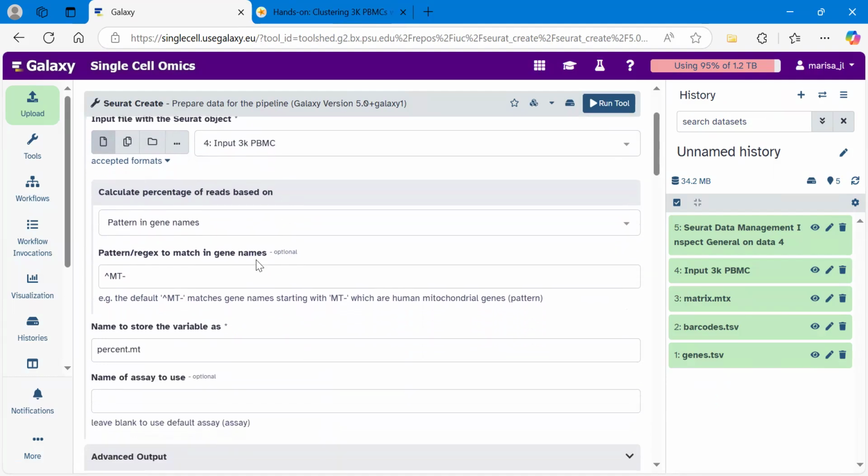And what we're going to do is match the pattern in gene names, which is already here. And we're going to match it with this thing, which is basically saying, with that little up sign, at the start of the gene name, look for this pattern. So that's MT hyphen. This is a pattern that you will find in human genes that are present in the mitochondria rather than in the nucleus. So we just want to count here